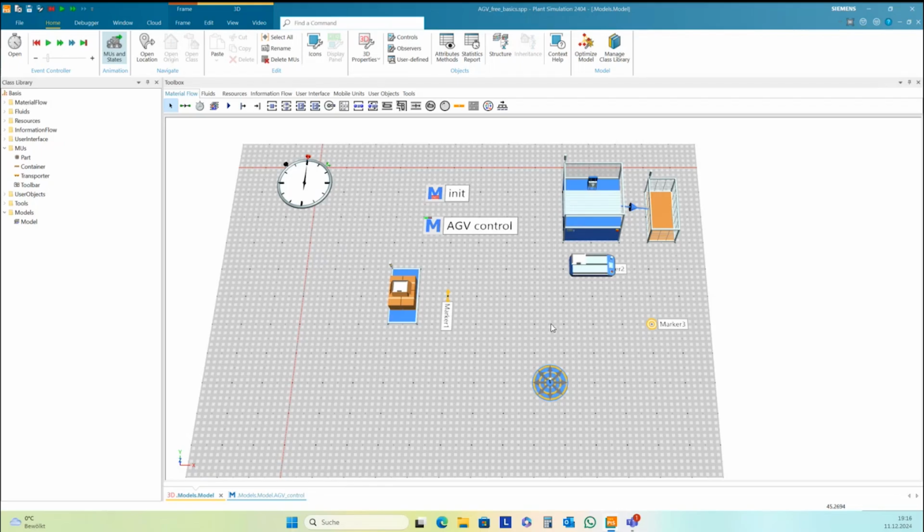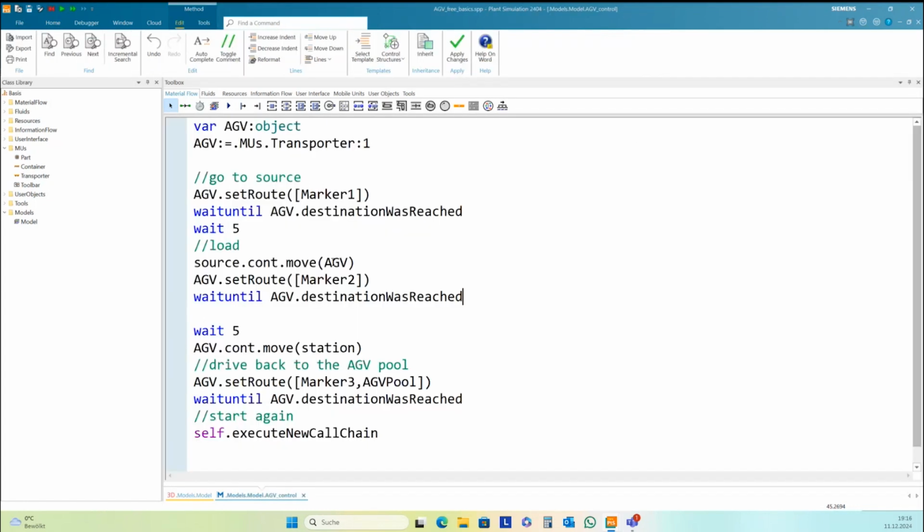Now you can also, as route, set objects, but with the newest version, you can also set positions here. Have a look in the help how to do this. And this is the first example I want to show you.